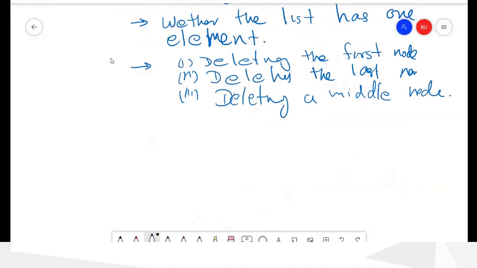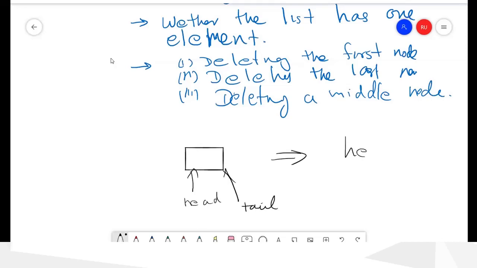So how do you do it? Deleting the first node. If you have only one node, what will happen? Our head will be this, and our tail also will be this. And if you want to delete, you make head equals null, and tail equals null, and size will be 0.